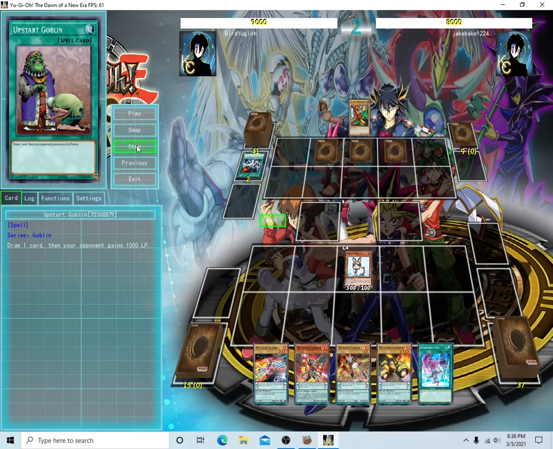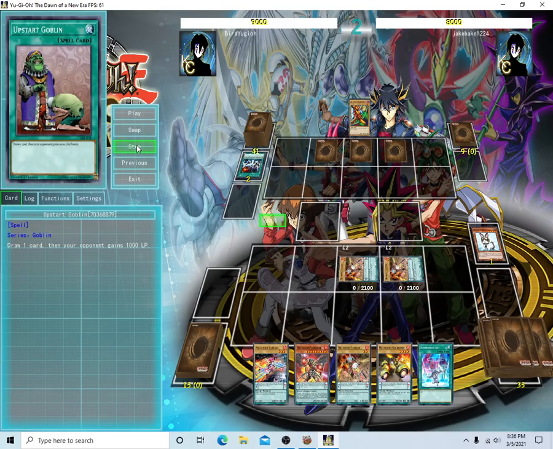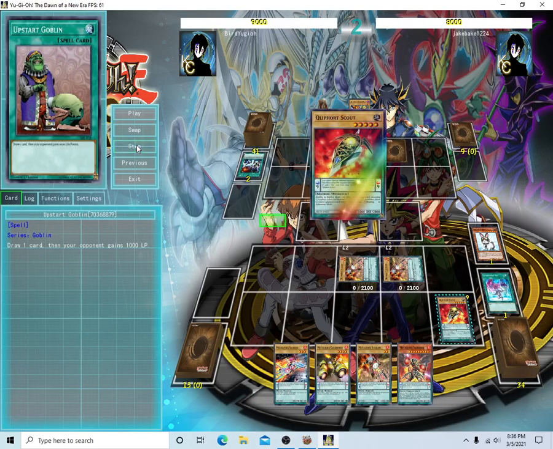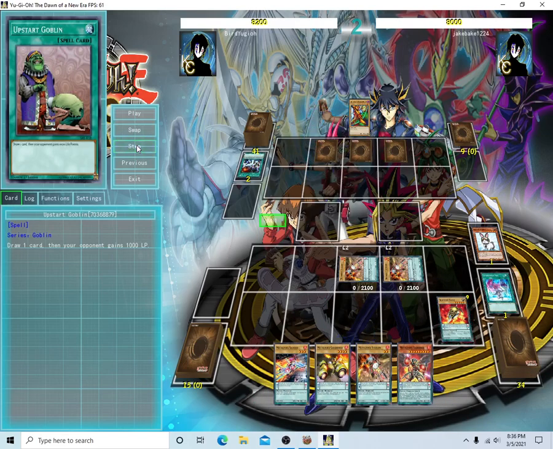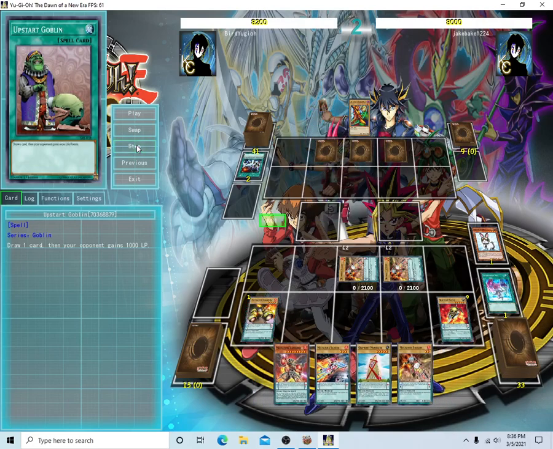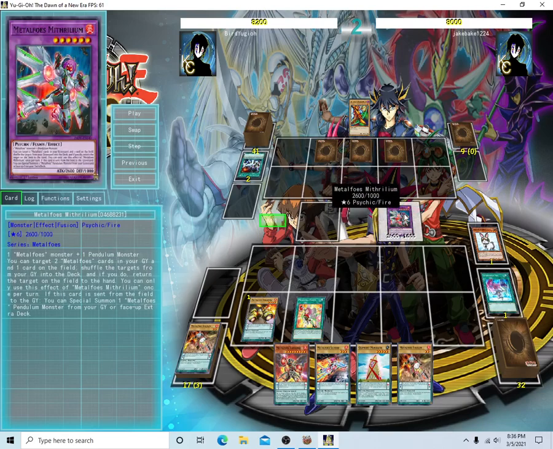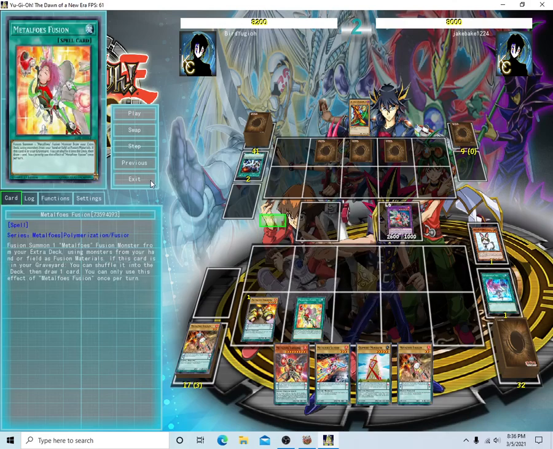But yeah, here, use our Rescue Rabbit, summon out 2 free Metalfoes, which is just such a good opening. Search our scout, which I screw up here. You'll see why. Destroy that. Get a fusion. By no means should I have summoned that Mithrilium to the extra monster zone. I just was kind of...